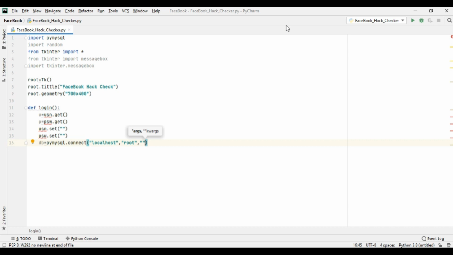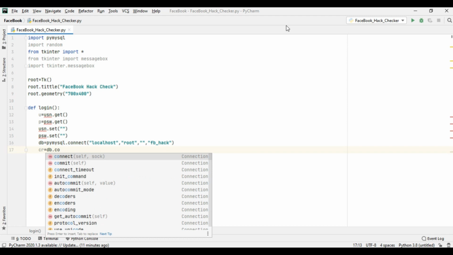If you have any password, please give it. In my case it is blank. And the database name. The database name we have created is fb_hack. So the database is successfully connected, and cr equal to db dot cursor.